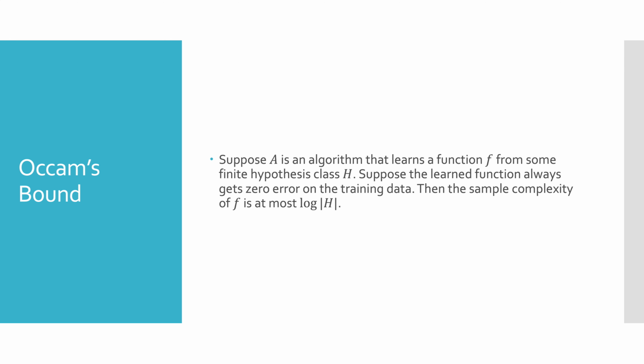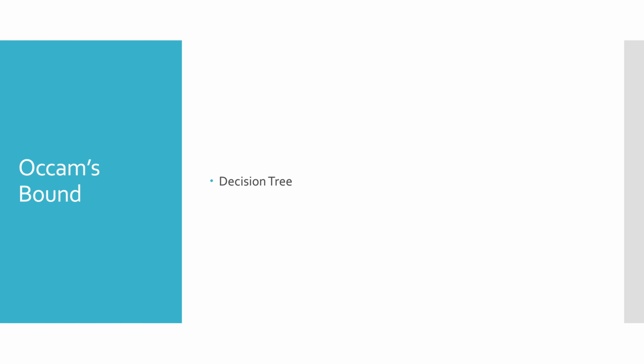In a no-noise setting, a decision tree will always fit the training data perfectly. The only remaining difficulty is to compute the size of the hypothesis class of a decision tree learner. For simplicity's sake, suppose that our decision tree algorithm always learns complete trees. That is, every branch from root to leaf has length d. So the number of split points in the tree, that is, places where a feature is queried, where we ask a question, is 2 to the d minus 1.